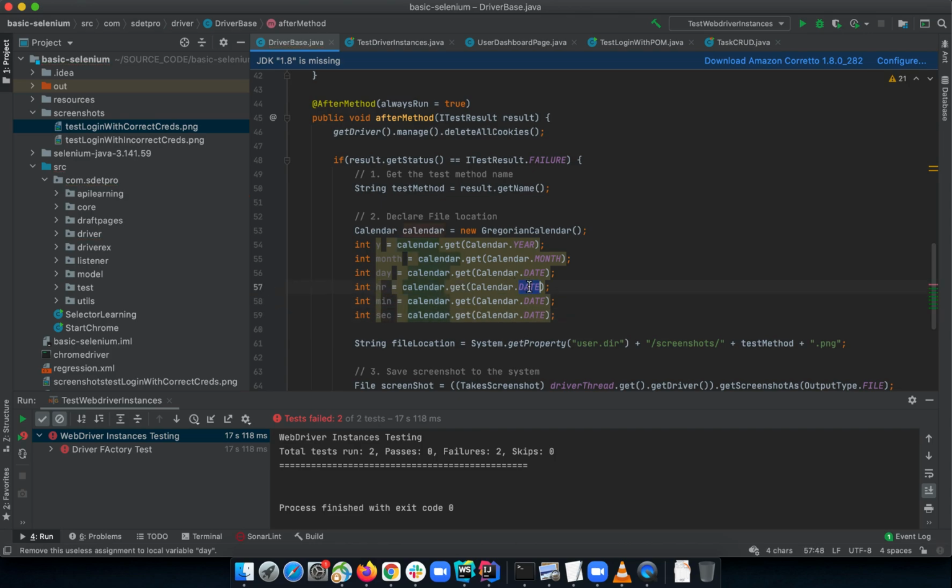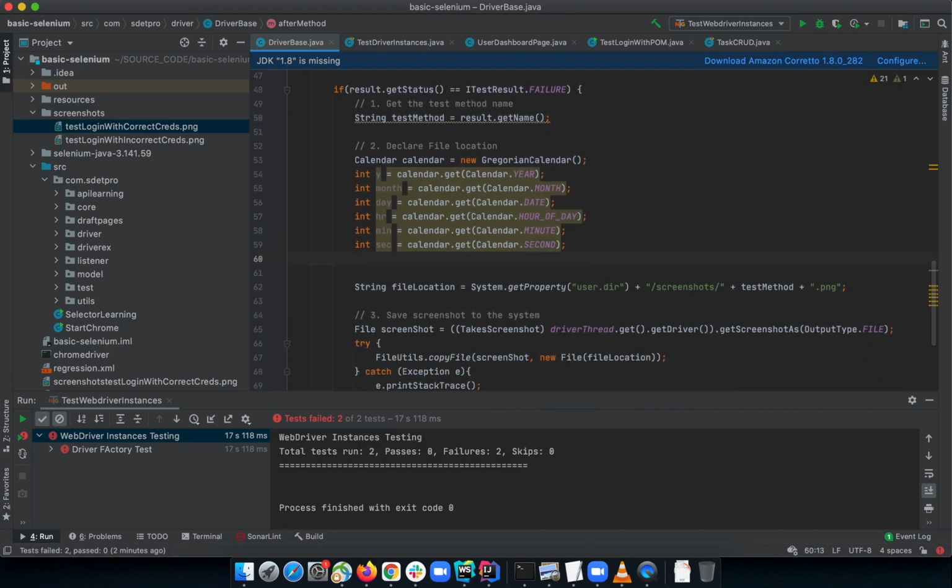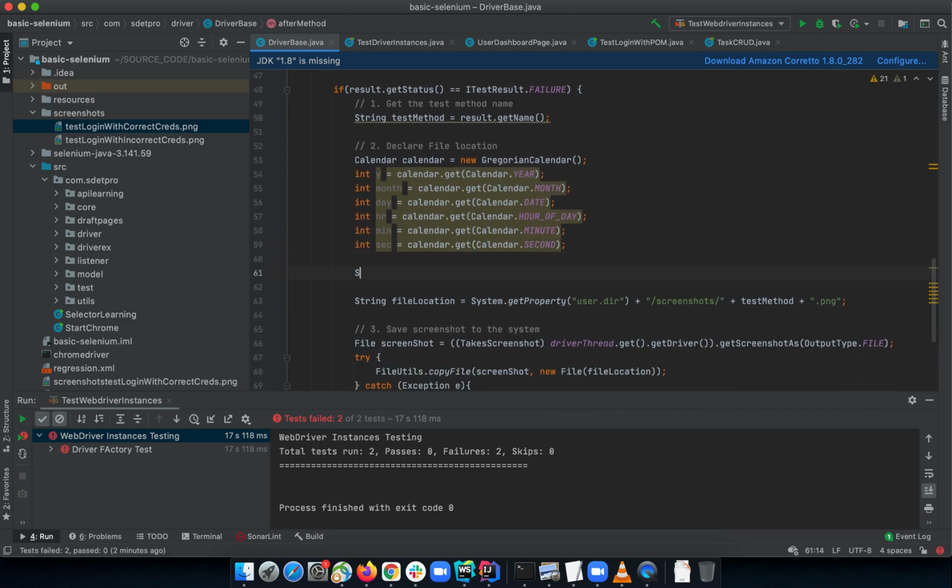So this hour should be something like hour of the day, and the minutes should come from minutes, and second. Okay, so now let us do something like a string, which should be something like date taken days, or something like that. Taken time